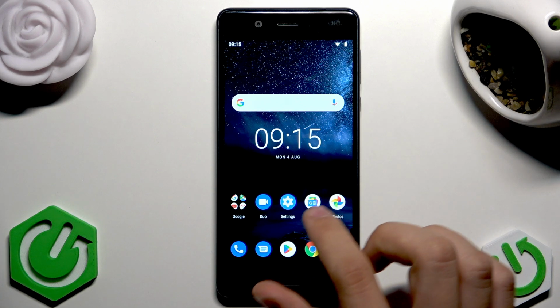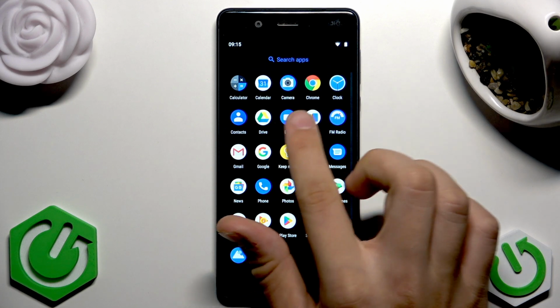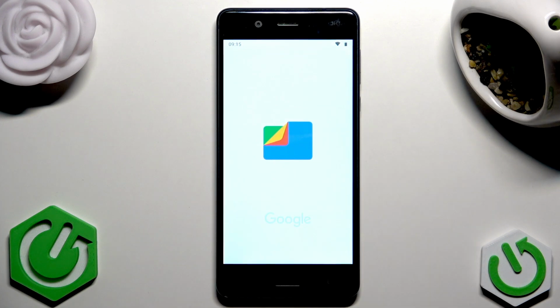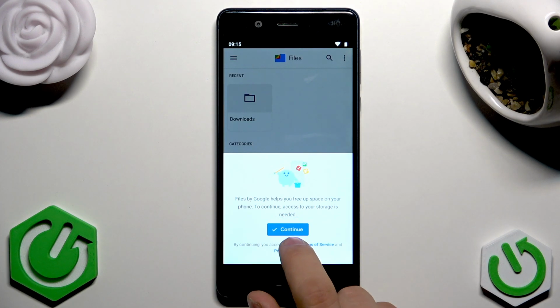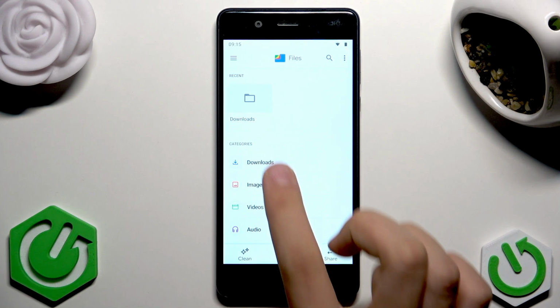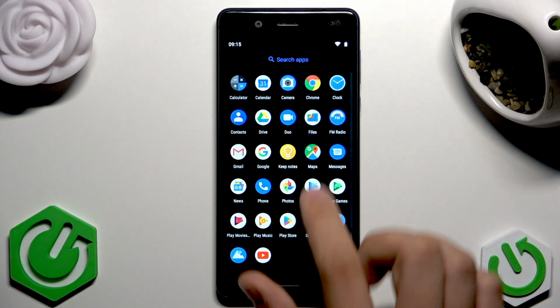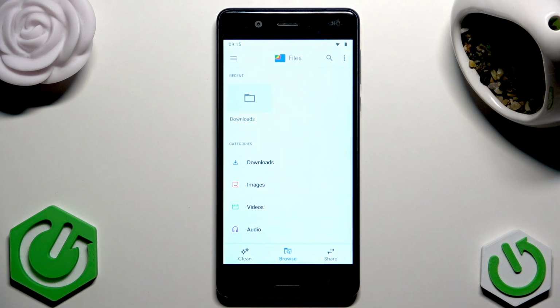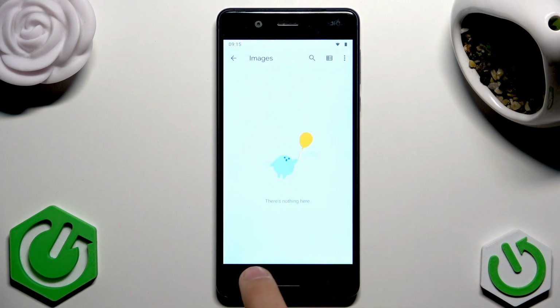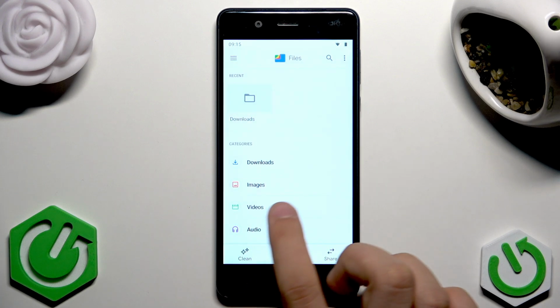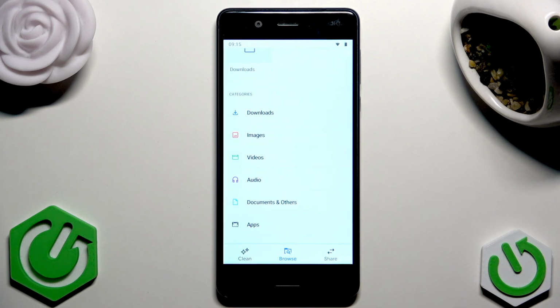So at first we need to go straight to the files here and delete some useless files. Here we can enter downloads. It's a fresh phone, so I won't have anything here, but I will show you that you can delete something. You can delete some useless images, videos, audio, documents, and apps. This is the first thing that will reclaim space immediately, but of course it's not sufficient space,